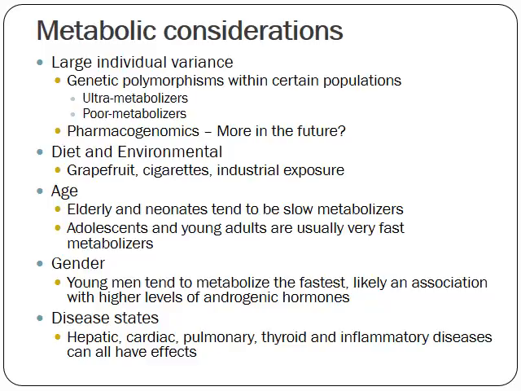To look at age, elderly people and neonates are slow metabolizers. Everything in the middle is a little faster. Adolescents and young adults, as far as age spectrum, are going to be the fastest metabolizers. Not surprising there. Gender, young men tend to metabolize the fastest. Why men metabolize faster than women, unsure. They think that there's some sort of an association maybe with liver enzymes and metabolism with higher levels of androgenic